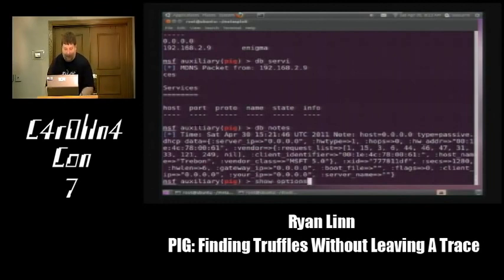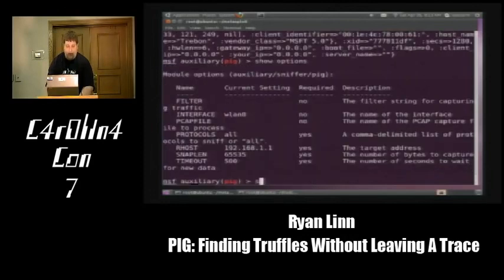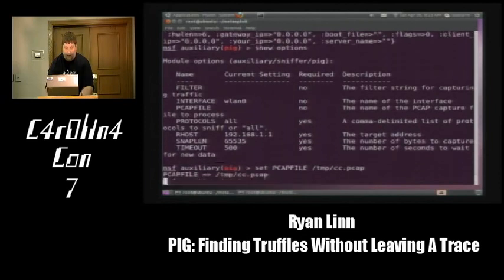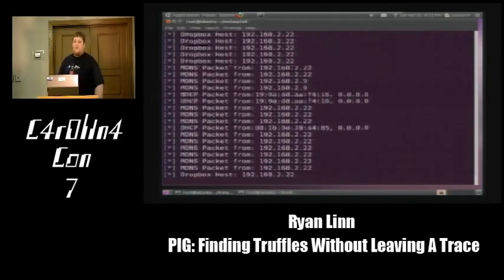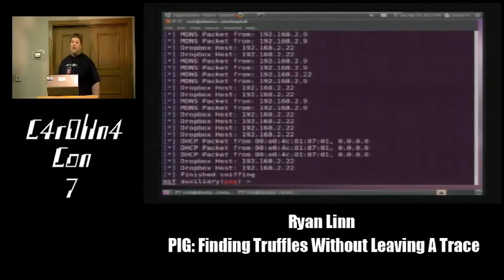I'm going to go ahead and pull in some of the stuff from earlier. So this is the information that I grabbed earlier. You can see here we've got Dropbox, we've got DHCP, and there's actually a little bit more stuff here.